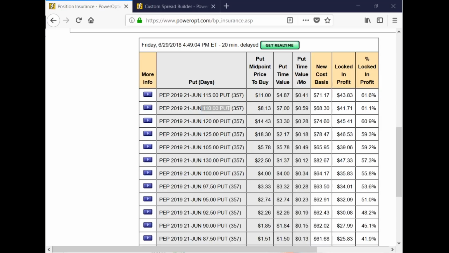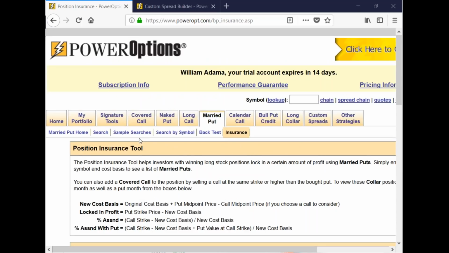Okay, sorry about that. PM sent a question, what about just buying a call or put? Can you give us some thoughts on how you would do that? Well, in general, it depends on your outlook for the position. Okay, we have in the search, you go to long call or long put. You can go to the search.